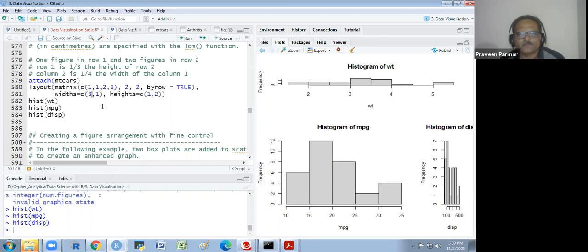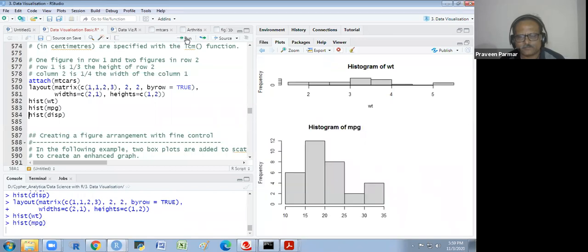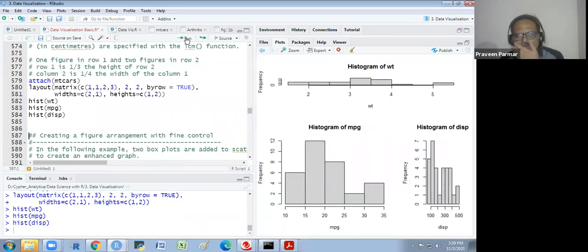I change it. I write here 2 and here 1. Then you see what happens. This width is double of this.